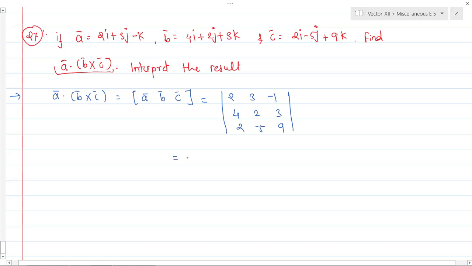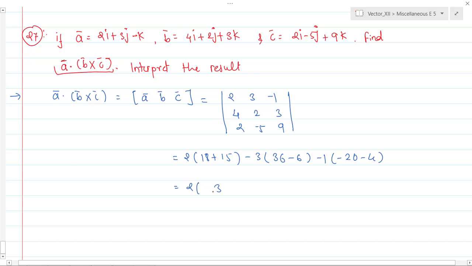Solve for the determinant. So 2 into 9 is 18 plus 5 threes are 15, minus 3 into 9 fours are 36 minus 6, minus 1 into minus 20 minus 4,